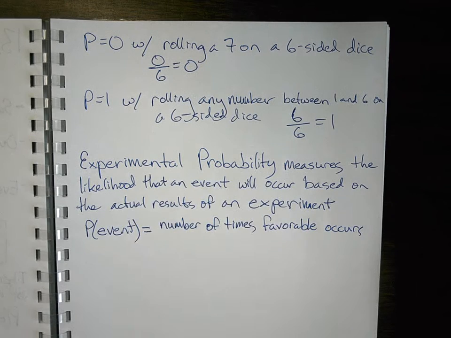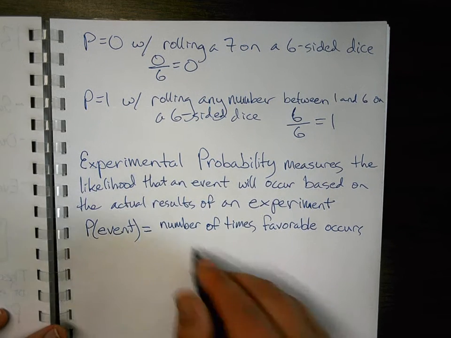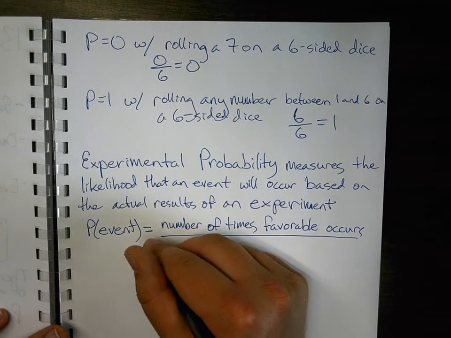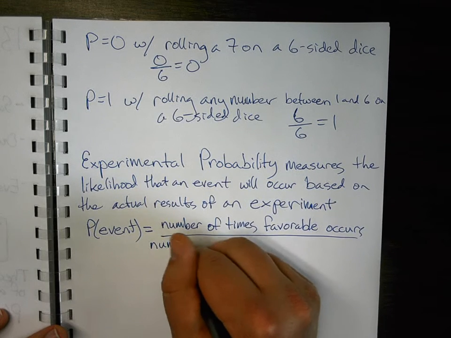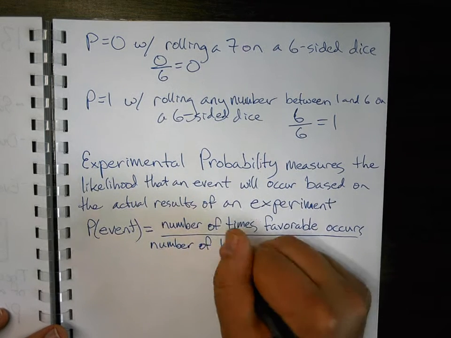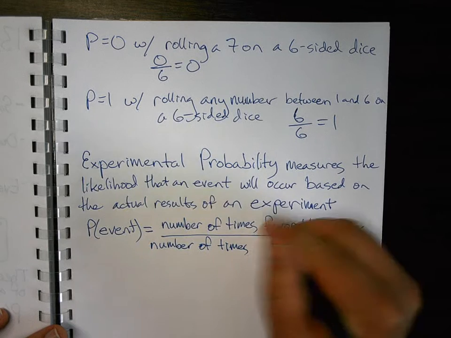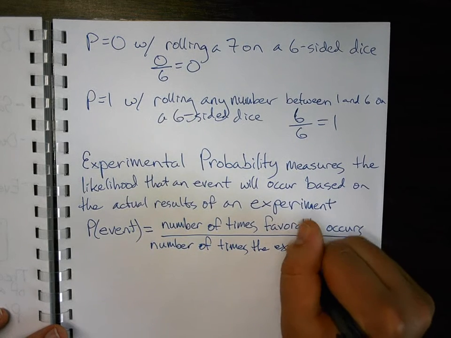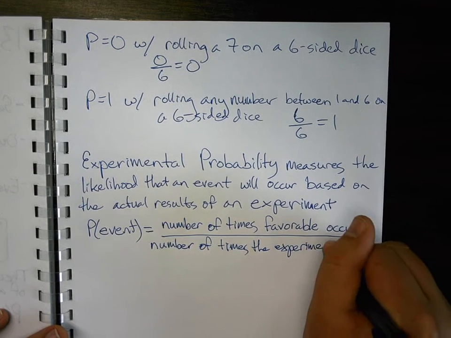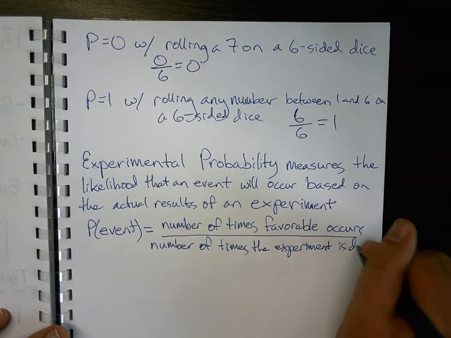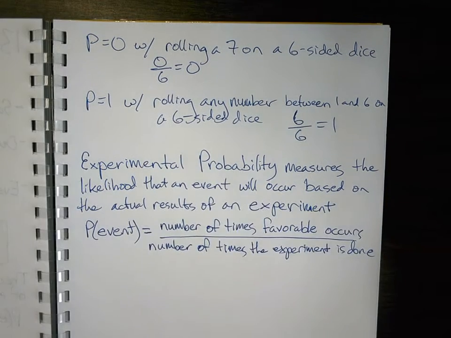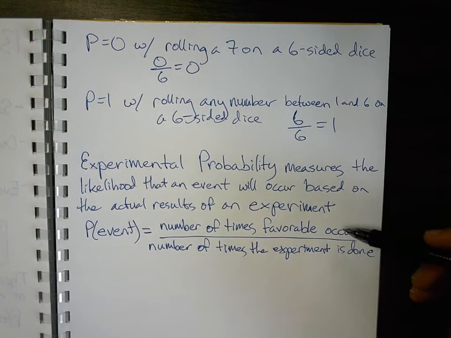So it's the number of times the batter actually hits the ball, let's say, divided by the number of times the experiment is done. So the number of times that he hits the ball and succeeds over the number of times he's